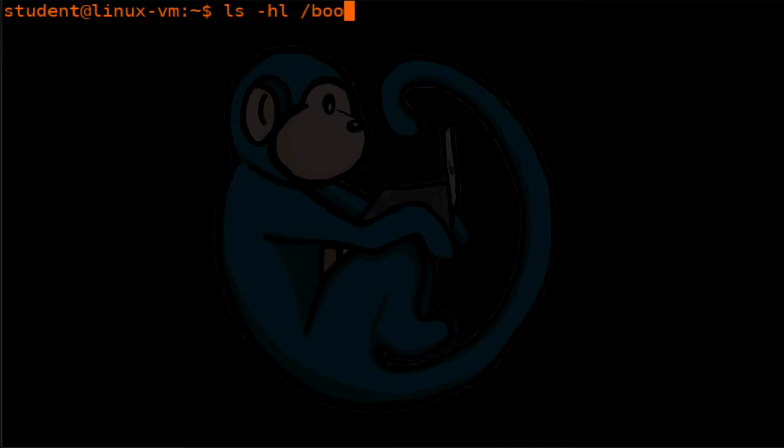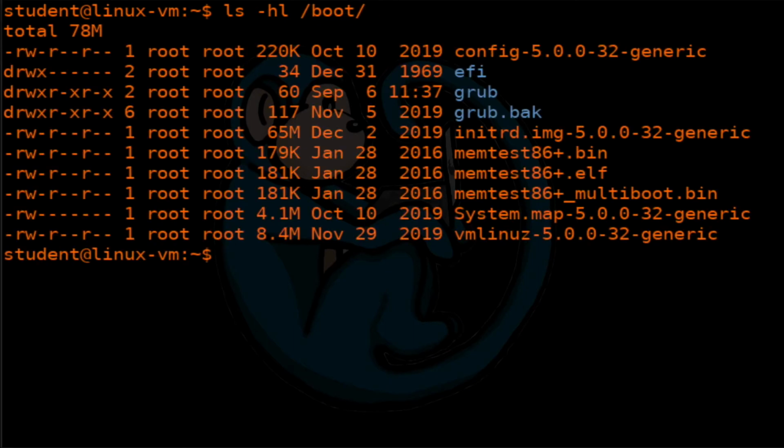So let's take a look at this folder. As you can see, the file sizes now are human readable, right? It makes them 200K, 65 megs, 179K, 8.4 megs, and so forth. Otherwise, it actually spells it out to the exact byte, and sometimes it's a little hard to read. The next one we're going to look at is